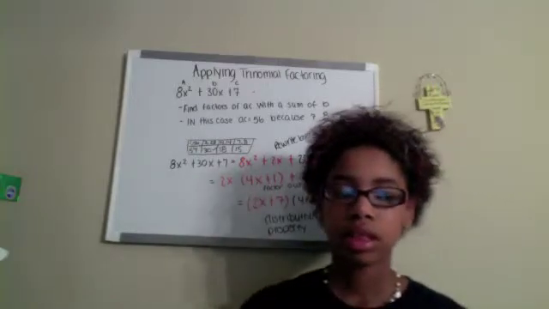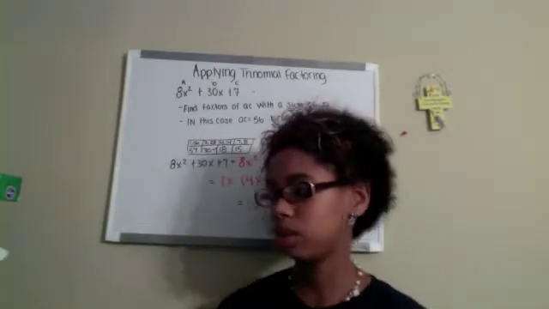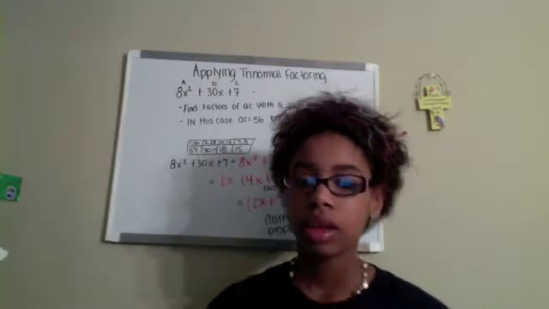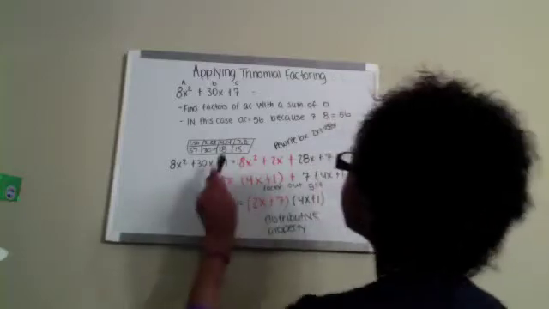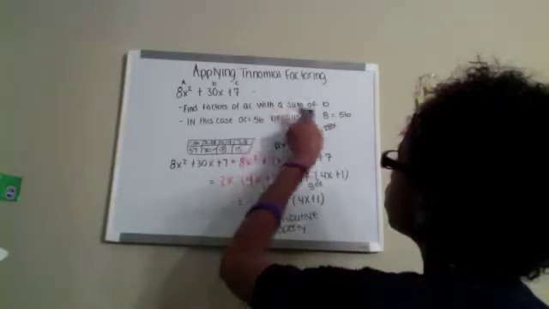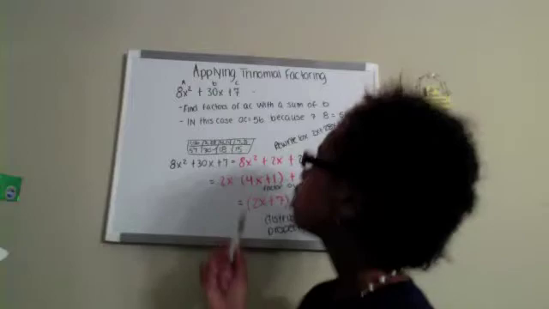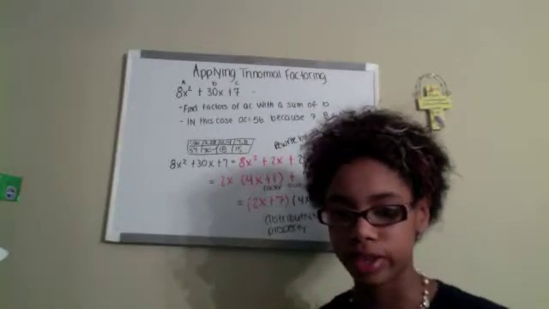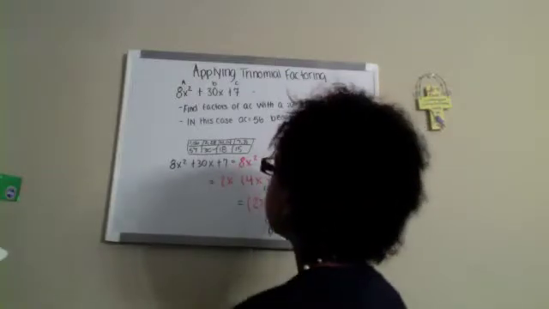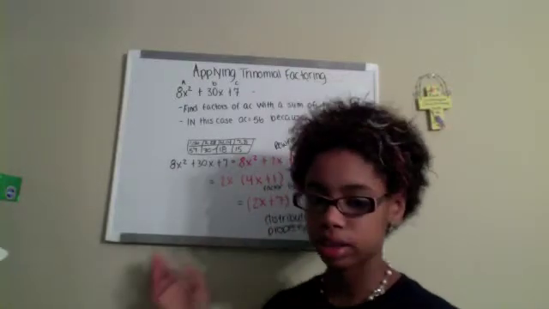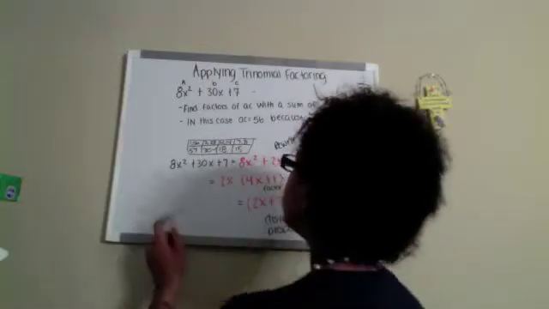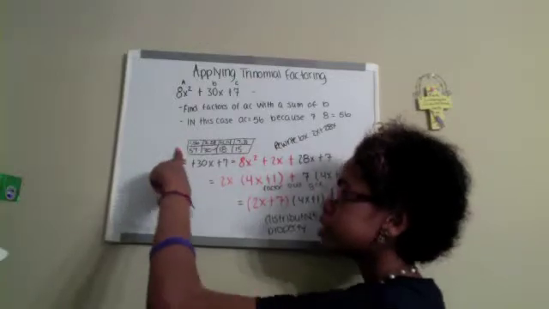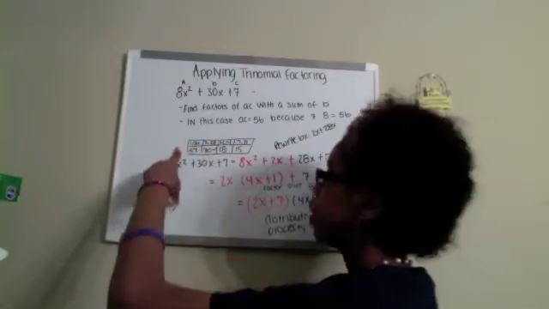Just like the last one that I did, which was factoring when AC is negative, you want to find the factors of AC with the sum of b. In this case, AC equals 56 because 7 times 8 is 56. So, the next thing you want to do, again, is make the table to find the factors. So I did 1 and 56 as a factor of 56,